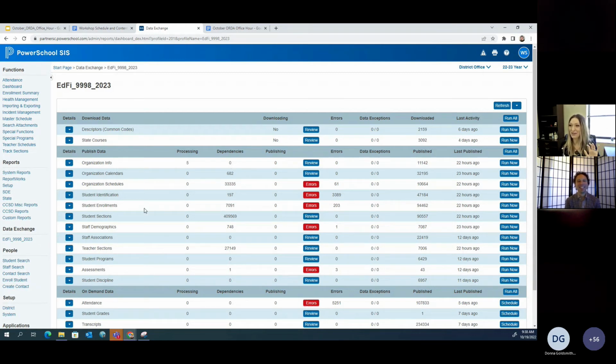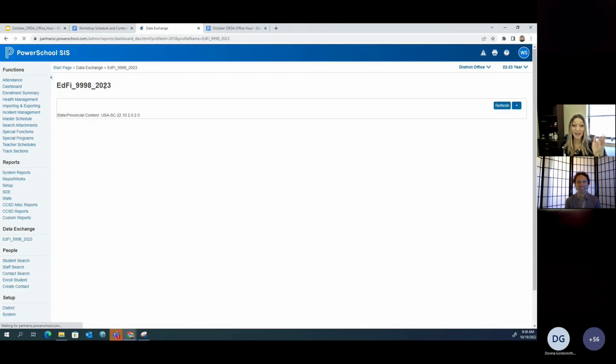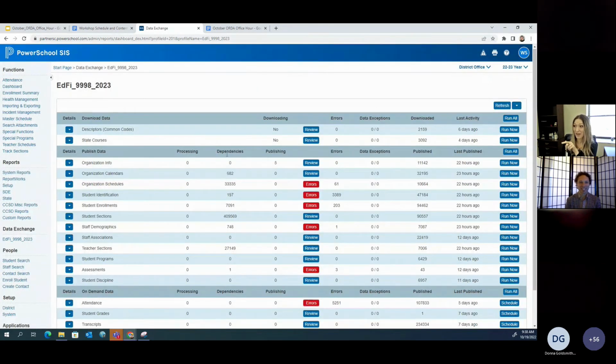Fortunately, we only have 5 right here. So let's keep refreshing and see. That's why I picked that one. And this is the other thing, while we're waiting, oh look, it's already moved past dependency. So it got past that first layer of checkpoints that PowerSchool has, whatever business rules. Now it's in publishing. So its JSON is being generated so that it can be sent to the API.